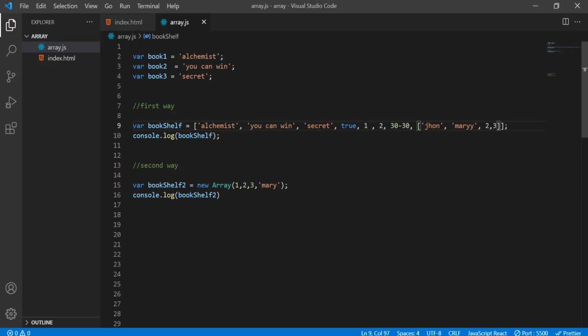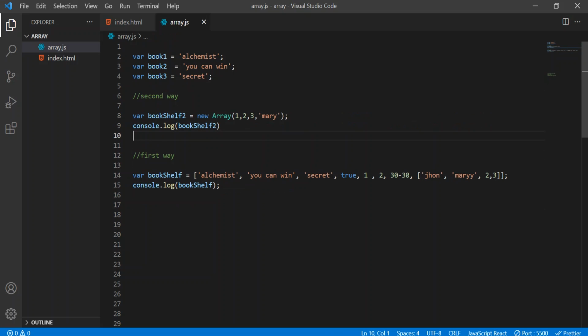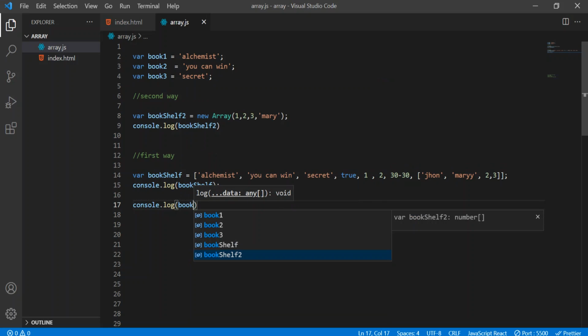Now let's see how we are able to find the elements using the index. Okay, we have that index now, so let's do that. So actually let me cut this and let me paste this above. Okay, and here now we can play with that. So here let's do something. I'll write console.log, and inside that I'll write bookshelf, just bookshelf, and here we have to open again brackets, and here we have to pass the index number, guys.